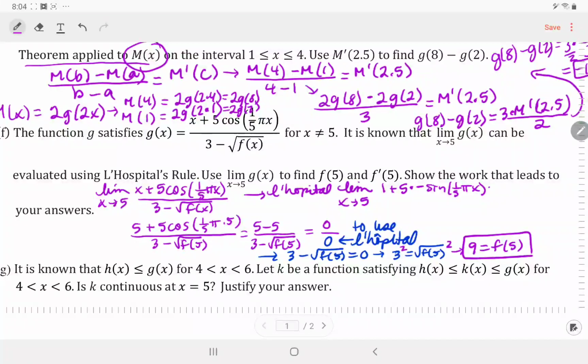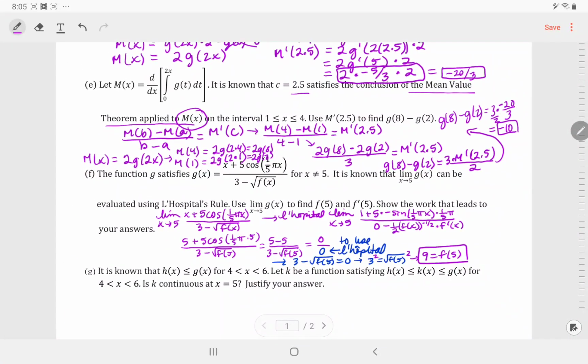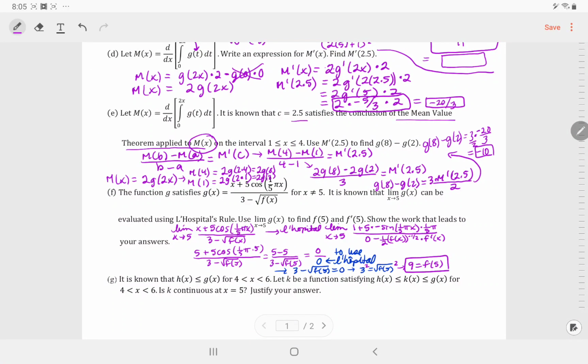L'Hopital, remember, is the derivative of the top and then the derivative of the bottom. Okay, over 0 minus 1/2 f of x to the negative 1/2 times f prime of x. Okay, I don't see how I'm going to fit this in, and I don't even know what's going to happen. Okay, so this cancels. Okay, so this is 1 minus,